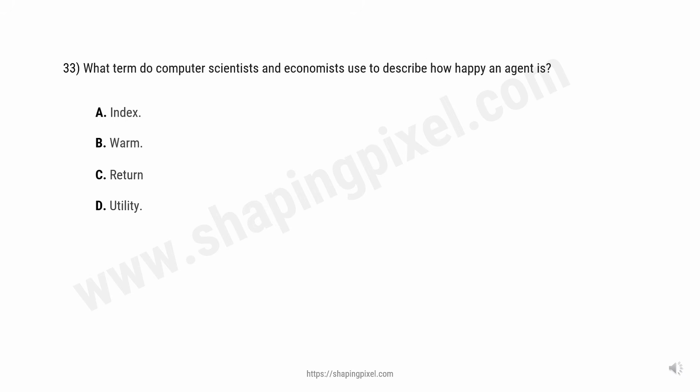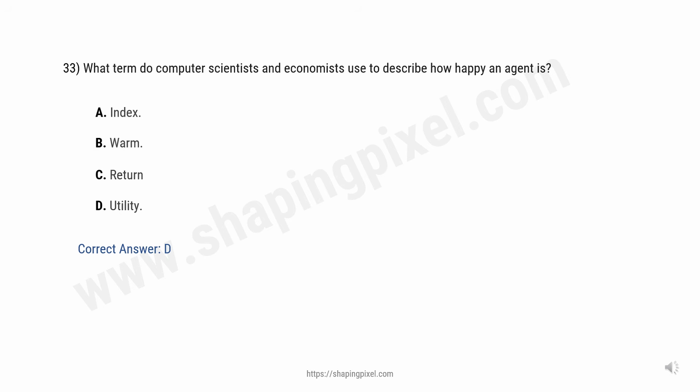Question number 33. What term do computer scientists and economists use to describe how happy an agent is? Option A, index. Option B, form. Option C, return. Option D, utility. And the correct answer is option D,